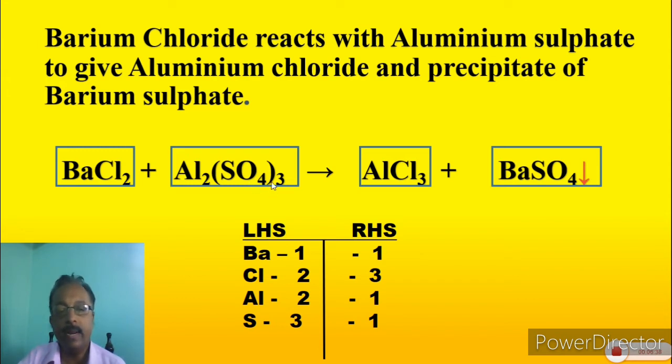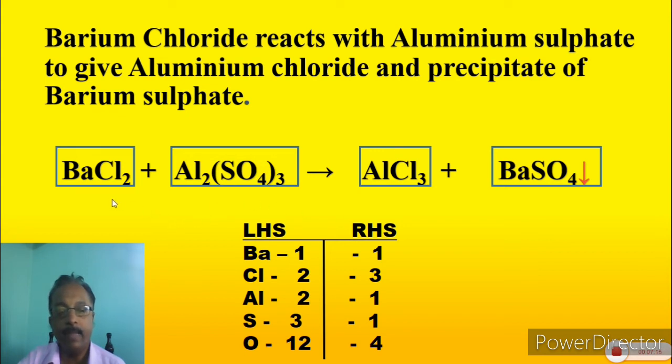Now which element is remaining? Here is oxygen. Since inside the bracket there are 4 atoms of oxygen and outside the bracket there is 3, when you open the bracket it is just a multiplication. So 4 into 3 is 12. And so there are 12 atoms of oxygen on the right hand side, and on the left hand side there are 4 atoms. So let us write for oxygen: left hand side 12, right hand side 4. So we have written the total number of atoms of reactants and products.